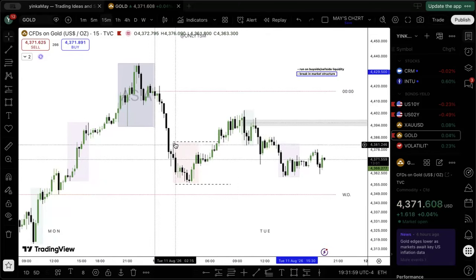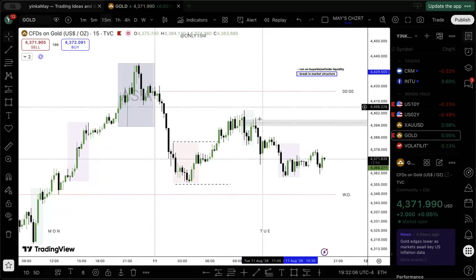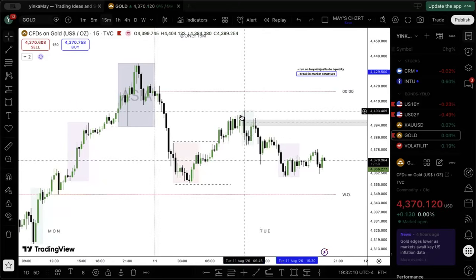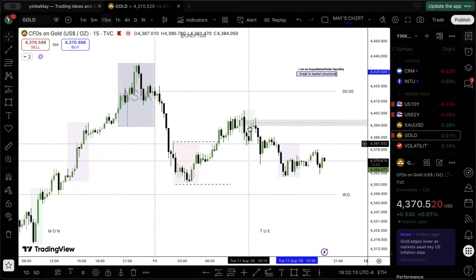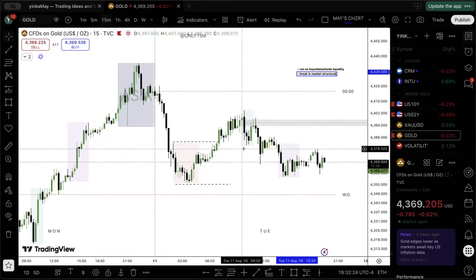Remember that we want to be doing this in New York session. This is when this guy has time. He only has time to come in from around 9 a.m. to around 11 to watch price and get an entry. So 9 a.m. is here, right? He has seen the run on buy side liquidity. He would be waiting for the breaking market structure. That's the time he has to trade, right? There needs to be a time you have to trade. You're not just going to jump in and see a trade. There needs to be you waiting through what you want to see play out.